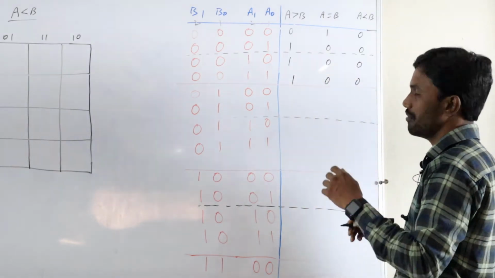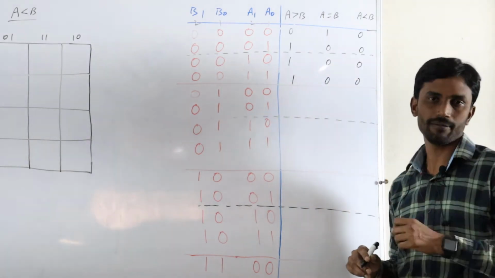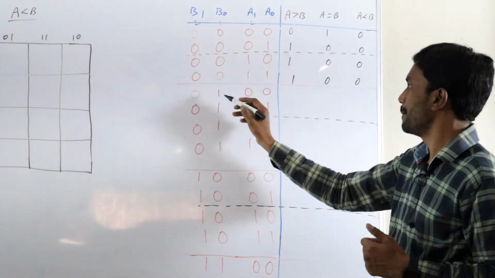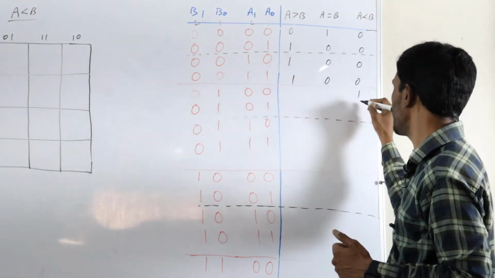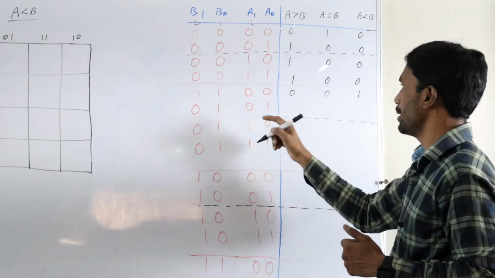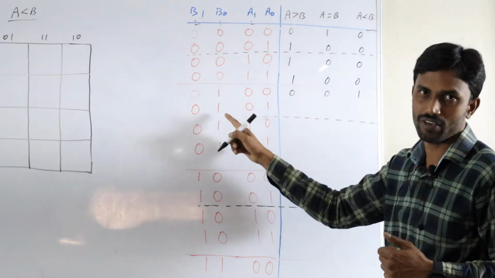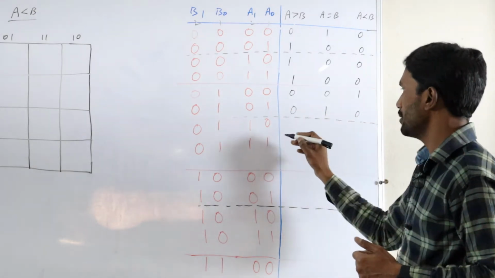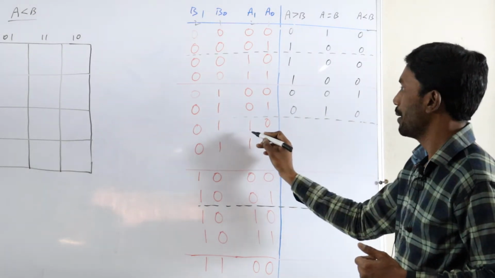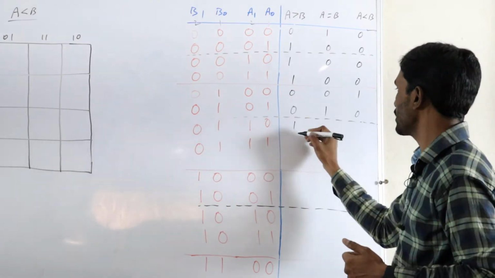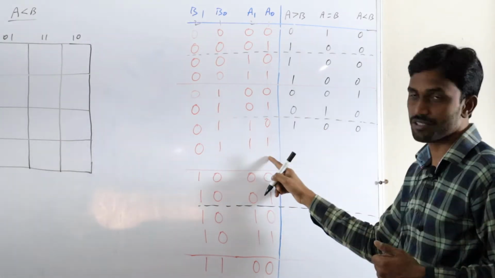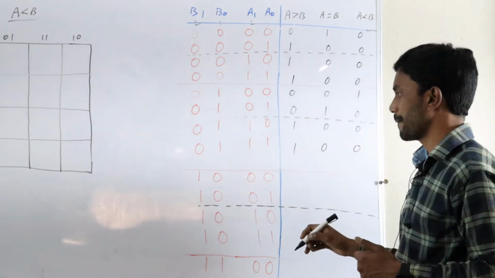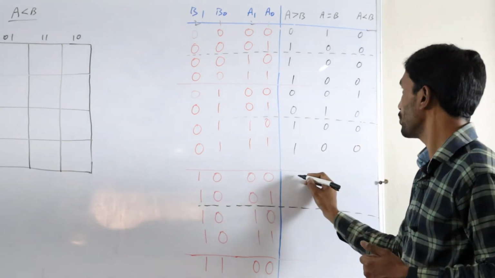You observe, always any one of the outputs will be high. The other 2 outputs are always 0. Now let's see, B is 1, so B is greater, these 2 will be 0. Here both are equal, A is 1, B is 1, so A equal to B. And then A is 2, B is 1, so A is greater. A is 3, B is 1, A is greater. Now B is 2, so B is greater.